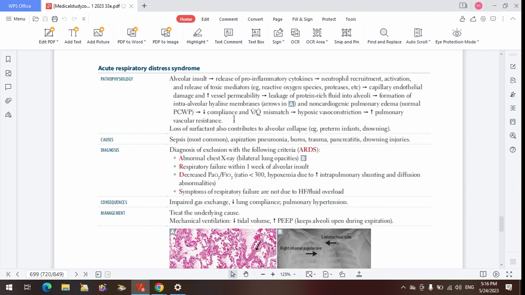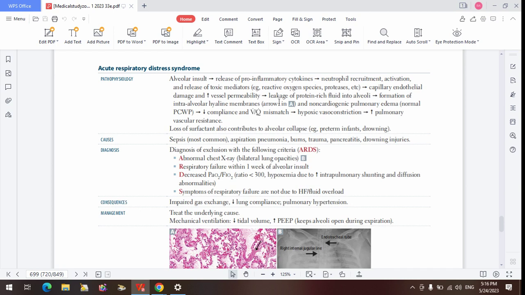If you do a biopsy, you're going to see hyalinization, that hyaline material within the alveoli. Although you don't do a biopsy, if you do the analysis, you are going to see them. This is due to extravasation of the protein-rich fluid from the alveoli due to damage to the capillaries. So when you form this hyaline membrane, the problem has started happening. You have started the process of destruction of the alveoli.